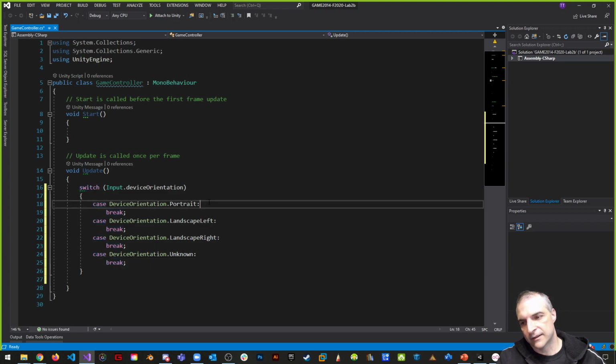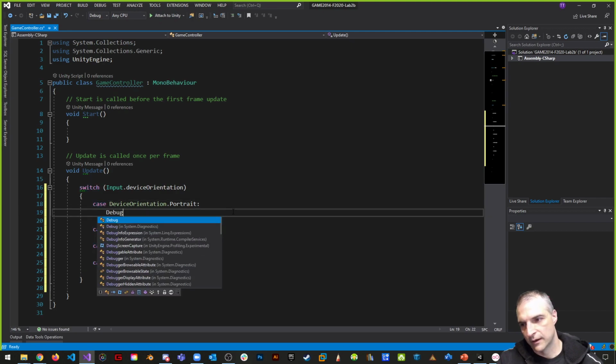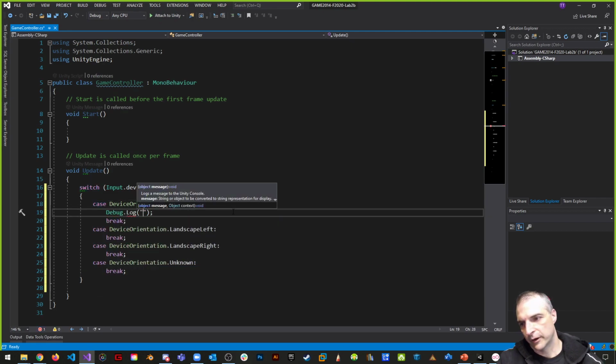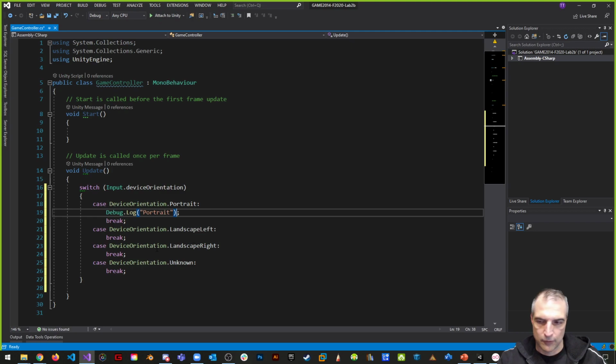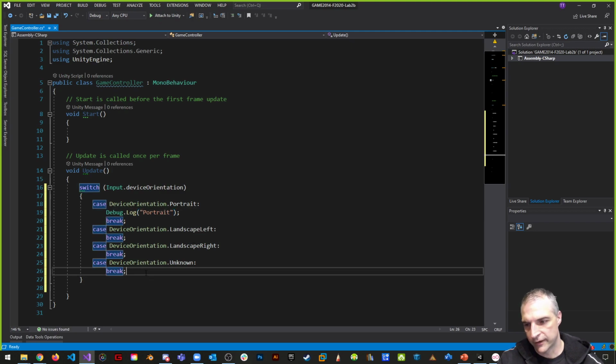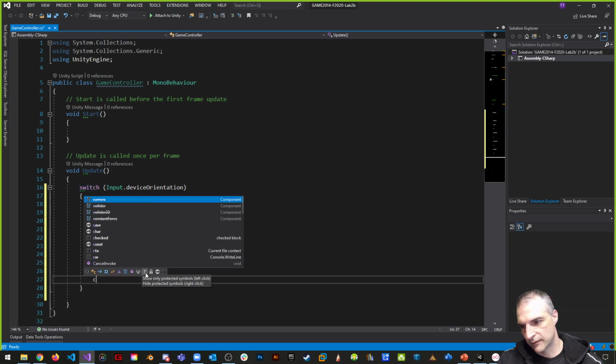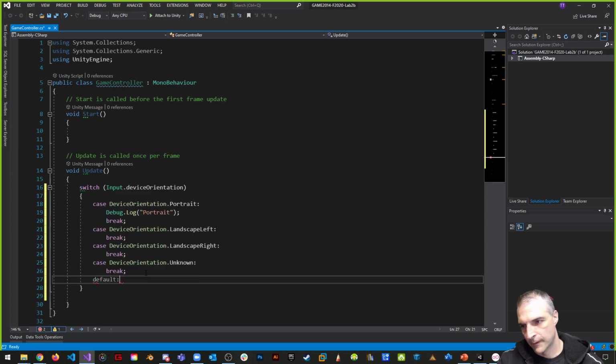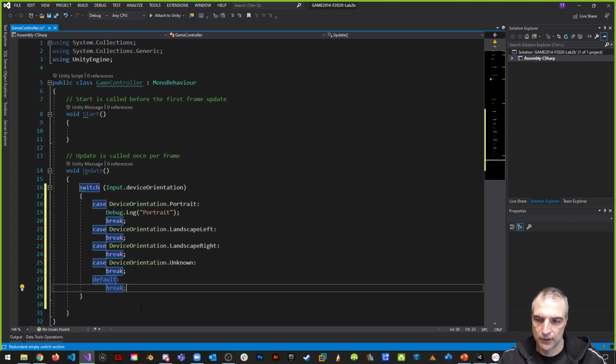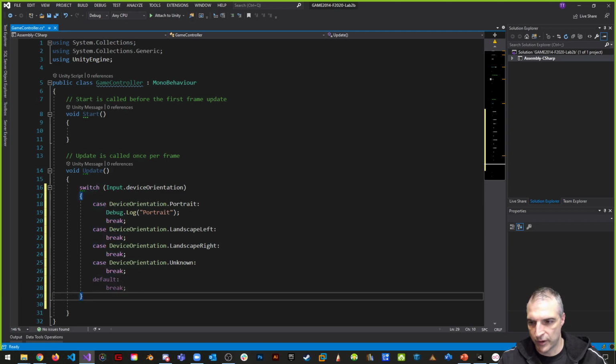Can I detect this in my simulator? I'm going to do a Debug.Log, and we're going to say portrait. No, default case. Sure, I can put a default case. It'd be the same as my, let's put default in there. You don't have to though. It's not going to complain too much if you don't. And I'll put a debug log in there too. Debug log portrait,